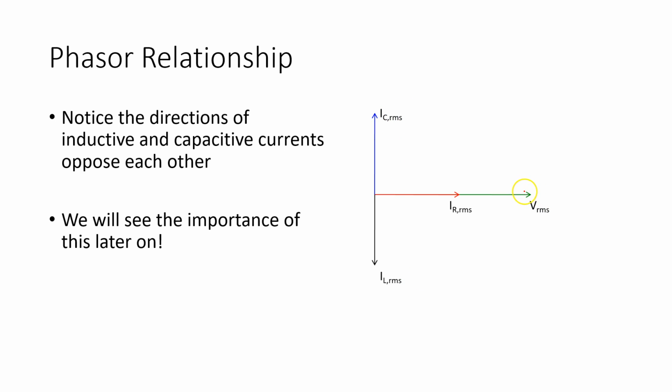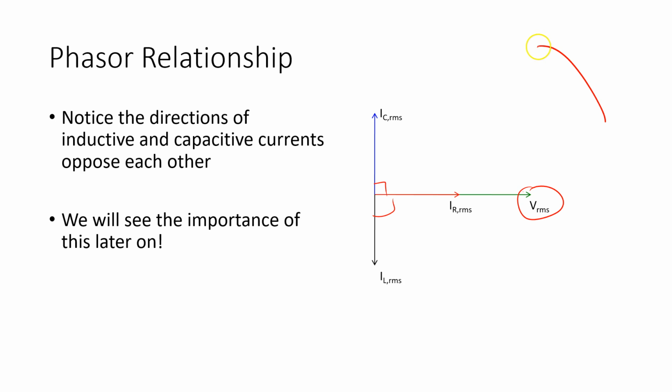So if I have the same voltage here and I put a resistor, the current will be in phase. It will be in the same direction. The capacitive current will be 90 degrees ahead, and the inductive current will be 90 degrees behind. Now notice where we put these